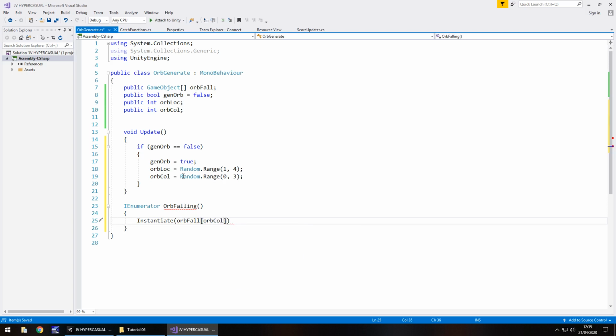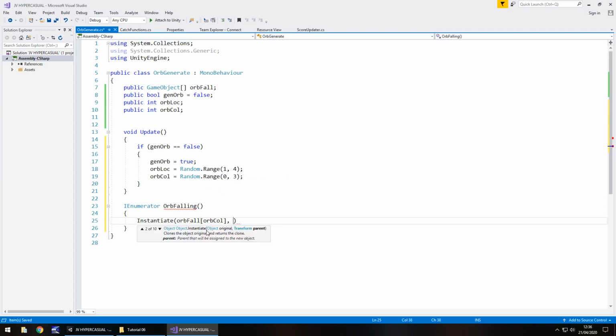Now what's happening here is we are generating this particular object, orb fall, this game object which we have stated up here, and it's either going to be 0, 1, or 2 depending on what has been generated here. So orb fall, and then in square brackets the color.